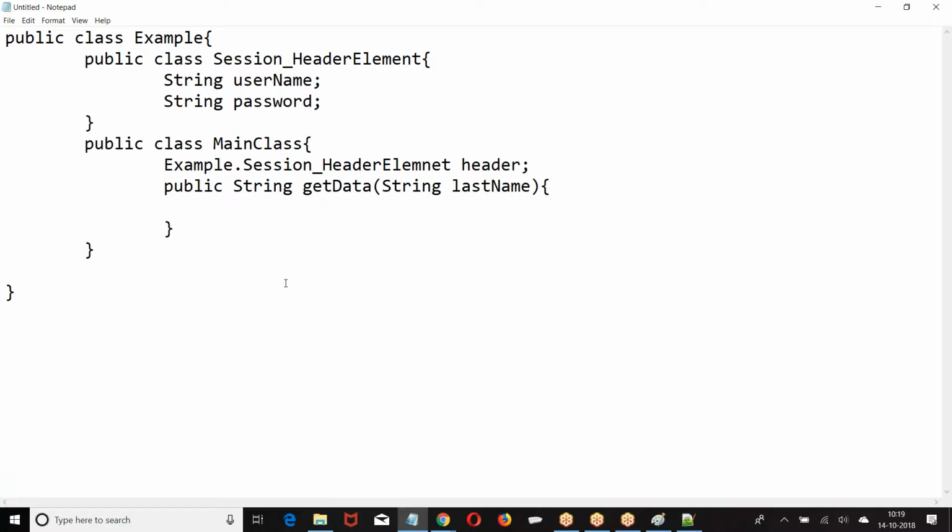Now write a program to invoke the get data service. Authentication data should be passed in the header. You take your own username, password. Now write a program to invoke a get data service where authentication data should be passed in the header.